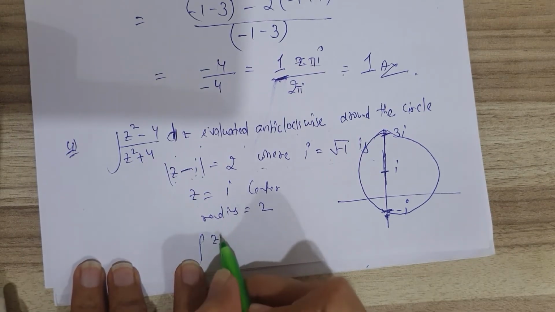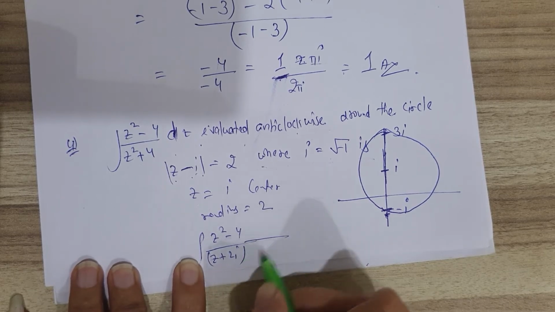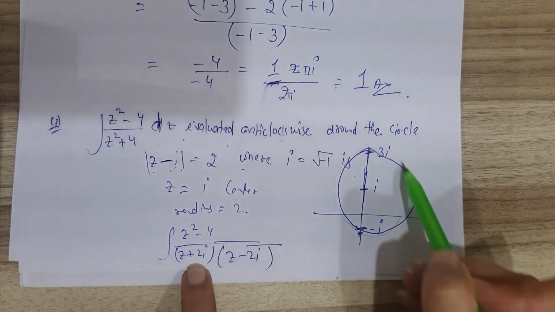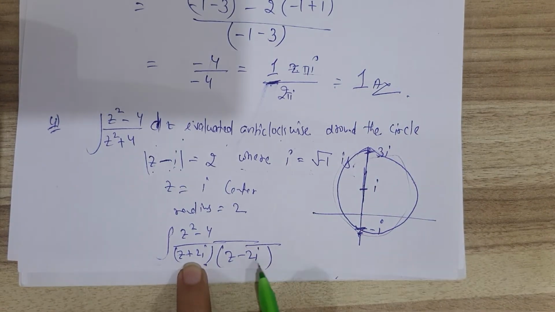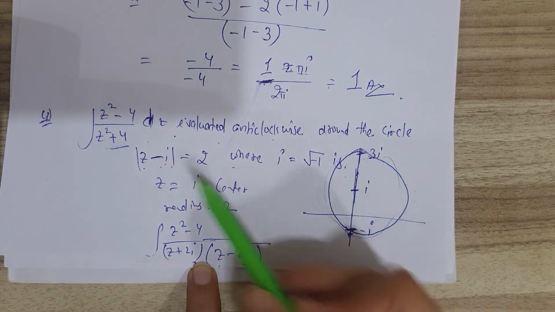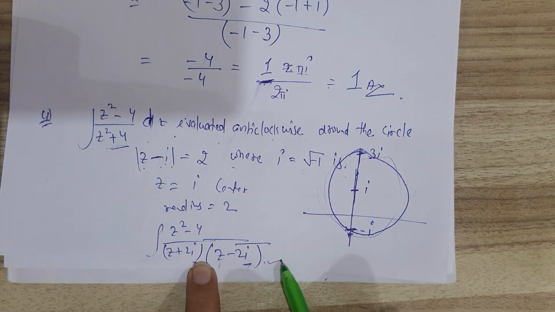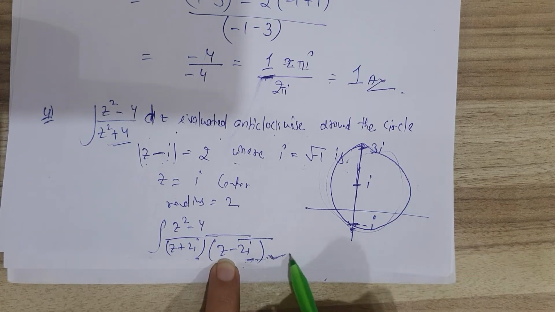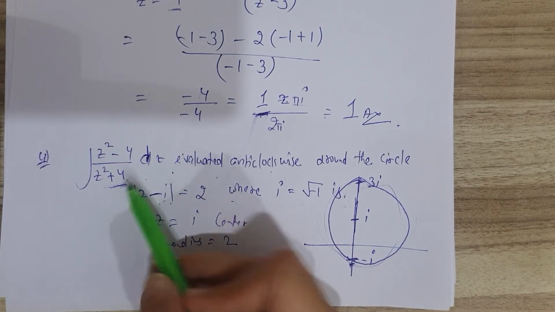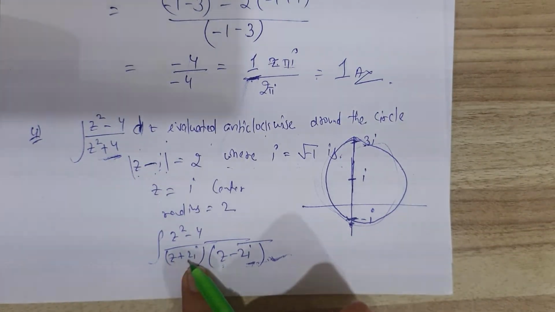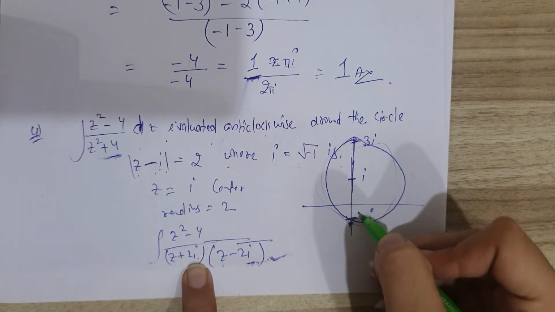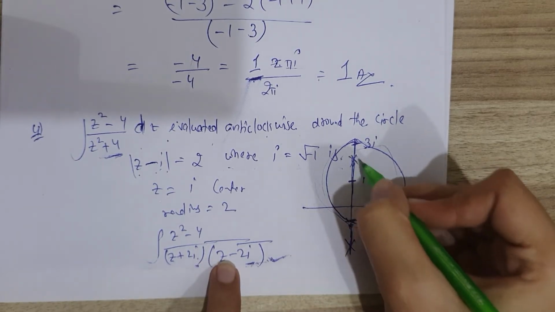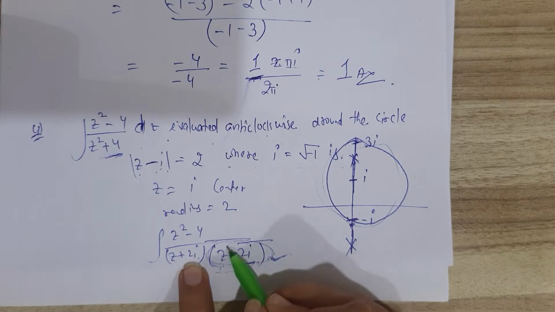Now according to the question, z plus 2i and z minus 2i will be poles. If the circle is on the imaginary axis, obviously the poles will be on the imaginary axis. From the circle you get to know what type of poles there will be. So it's your clue to find the poles if they are not clearly given in this type of question. So here z is equal to minus 2i, it means somewhere here, and z is equal to plus 2i, it means somewhere here. So this lies on the circle.